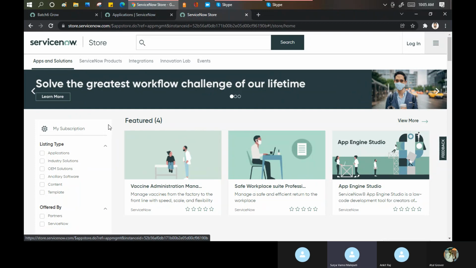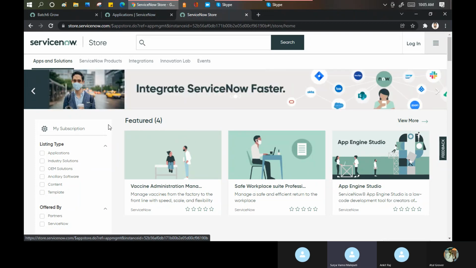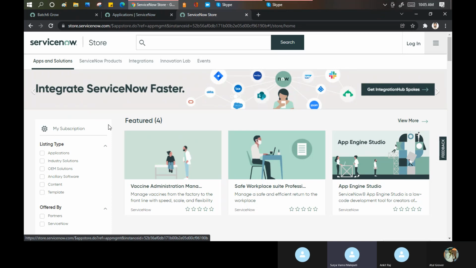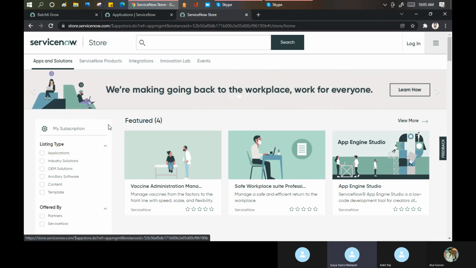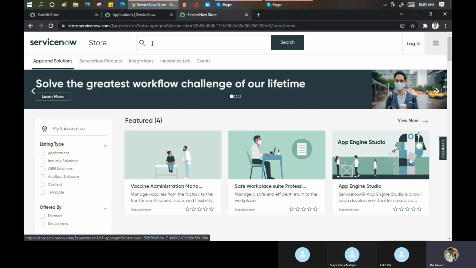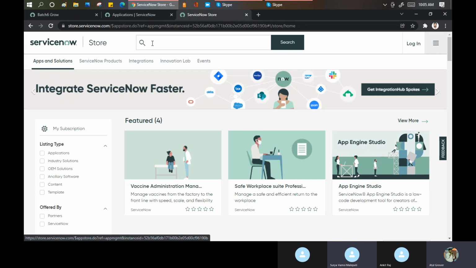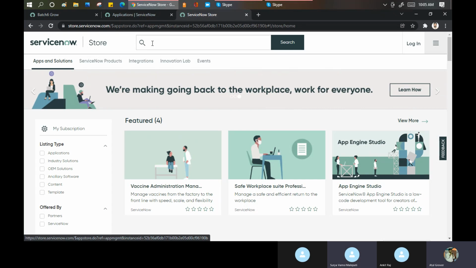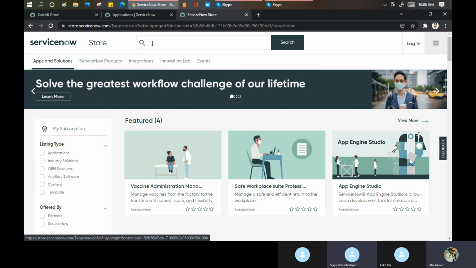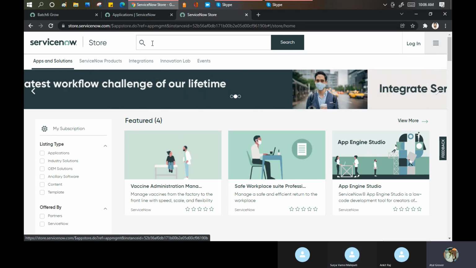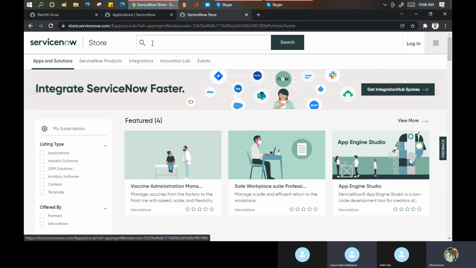So Atul, like if some client wants some specific feature, we don't know whether it is available or not. So based on the keywords, we'll be searching in the plugin. Yes, you can search on the basis of keywords. You can ask ServiceNow as well that my client is looking for this. Do you have any kind of a plugin or app available with you? Okay, we can contact ServiceNow regarding this. We can contact every company who is a ServiceNow partner. They have a ServiceNow account manager as well. They can send a mail. They can talk to them. They can help them to build up the business as well.